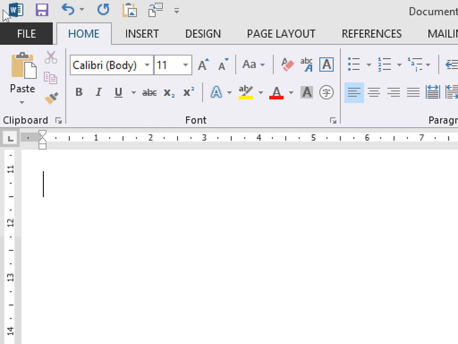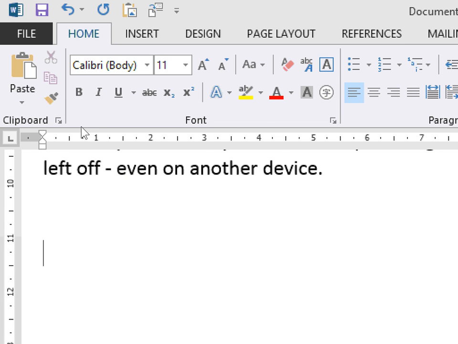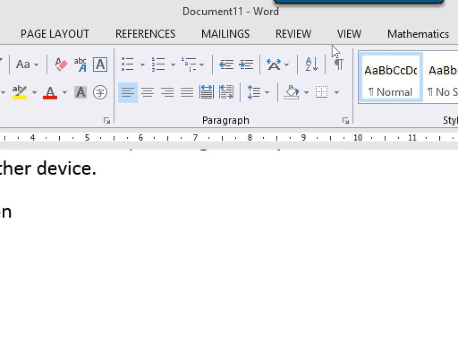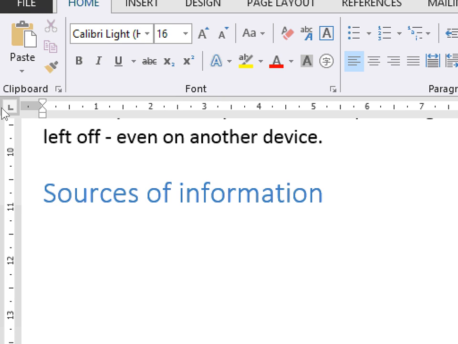Okay, then the next topic I am trying to type. What is the next topic? Let's say sources of information. Now this is a main topic. So what do we do? Heading 1. Under sources of information,